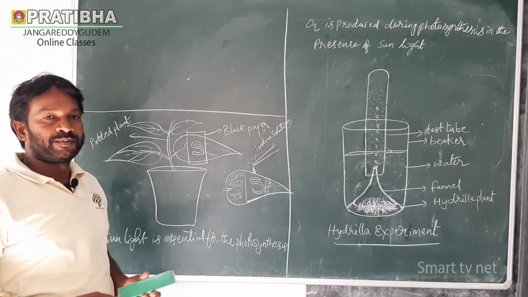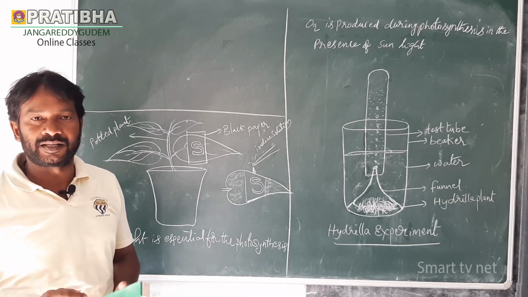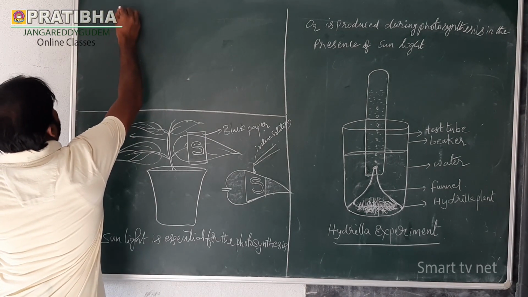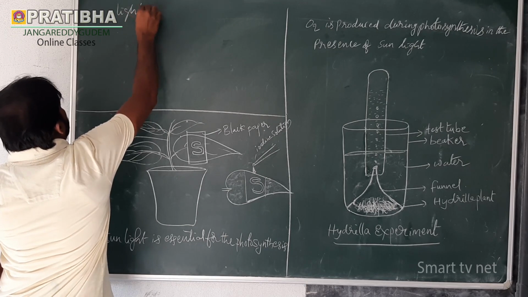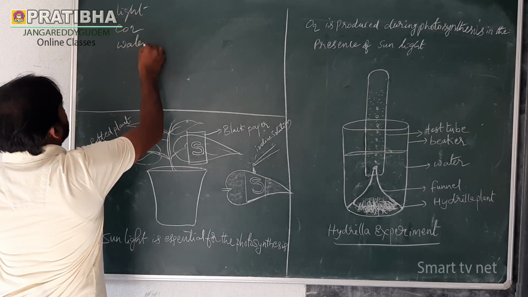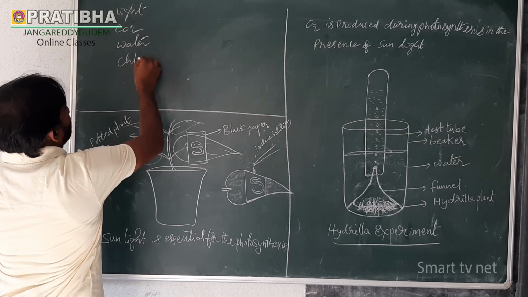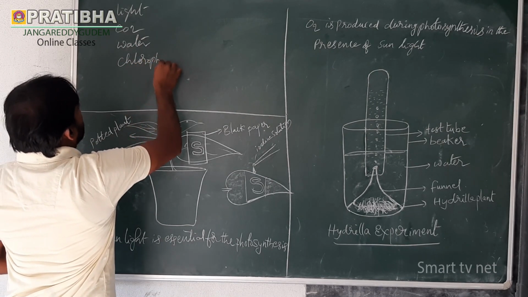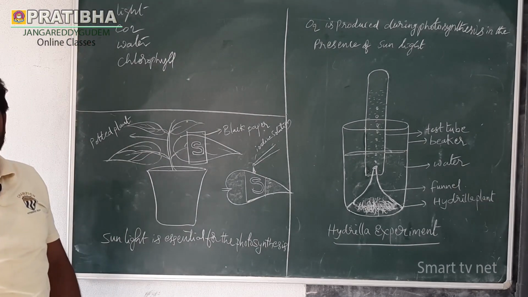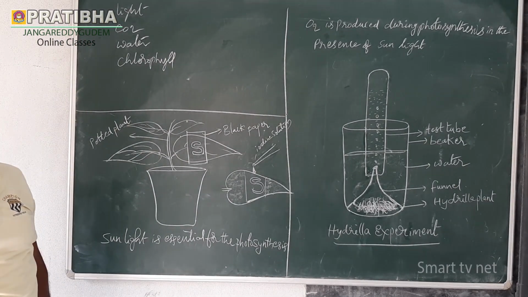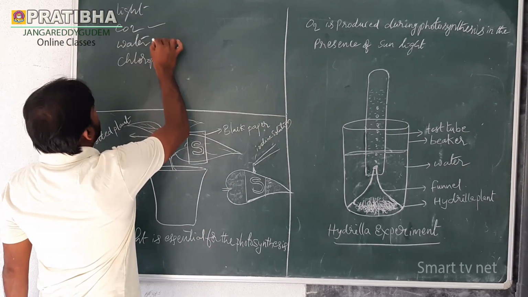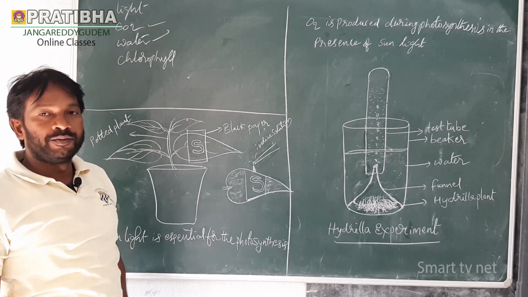In the photosynthesis process, four factors influence it, that is light, carbon dioxide, water, chlorophyll. These four factors influence the photosynthesis process. Already in the previous class we discussed carbon dioxide and water. Now we are going to discuss